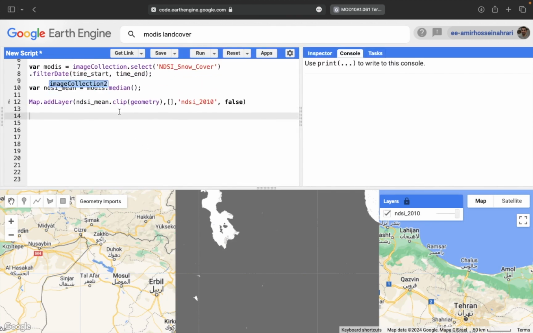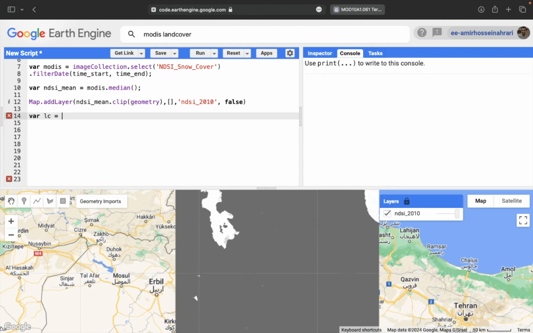It is annual, and also as image collection number 2 is available here. So LC meaning land cover product, it is available since 2001, and I want to get the mode of each class for the study area to prepare a single land cover map